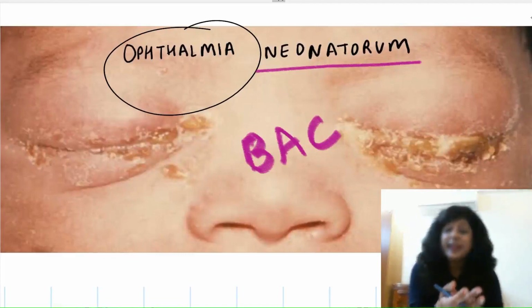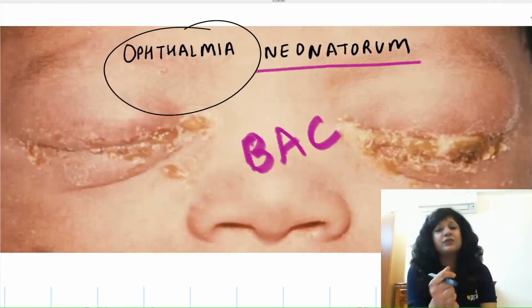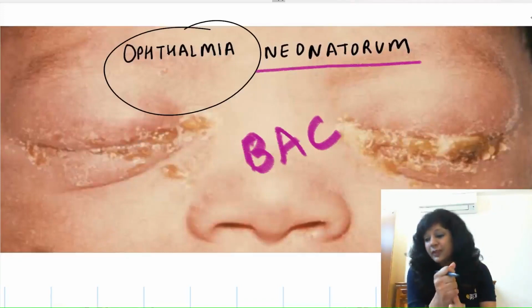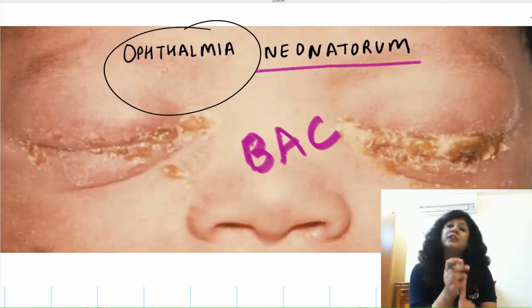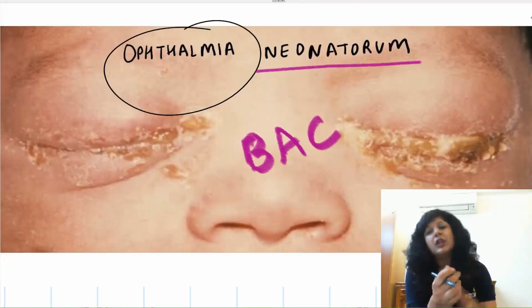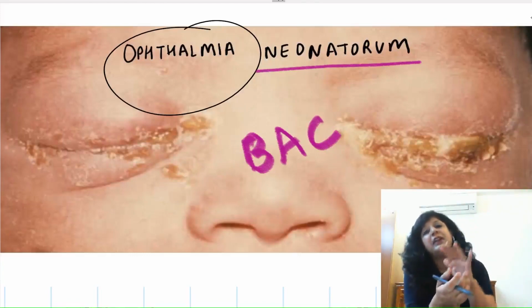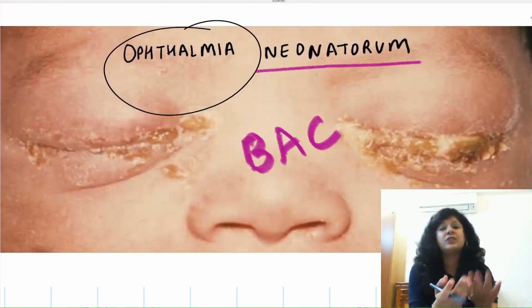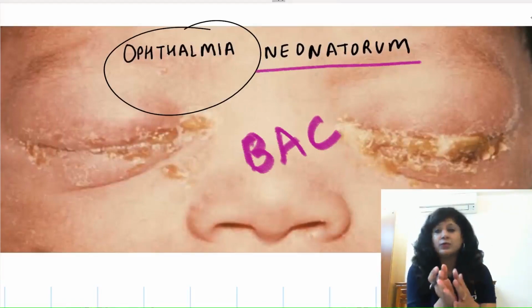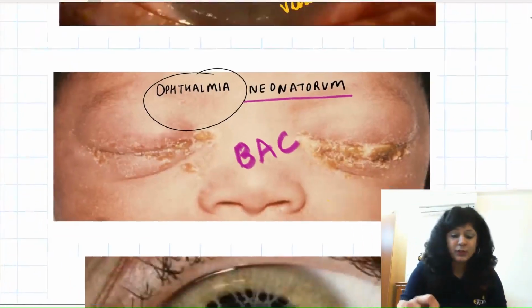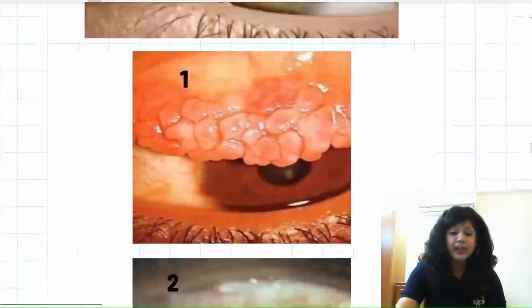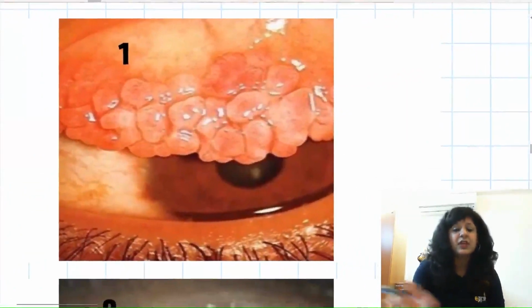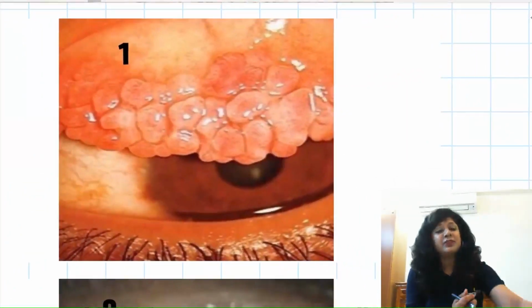Now, in NEET 2018, there were 2 questions asked from neonatal conjunctivitis at a time. So what were they? I have given you this. First of all, they asked the most common cause of neonatal conjunctivitis, and they also asked the most severe cause. The most common cause is Chlamydia trachomatis in India, and the most severe, if they ask, is gonococcal, which is responsible for blindness also. So this was about the trachoma. Now coming to the next one, that is allergic conjunctivitis. Now we have talked about infectious conjunctivitis.